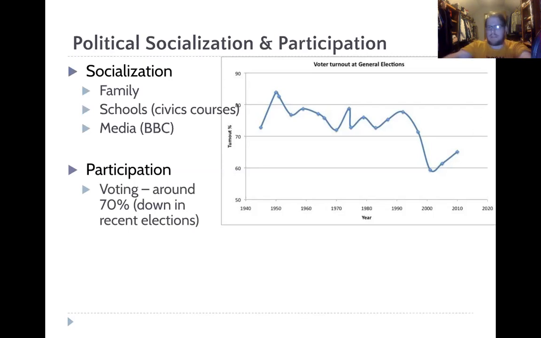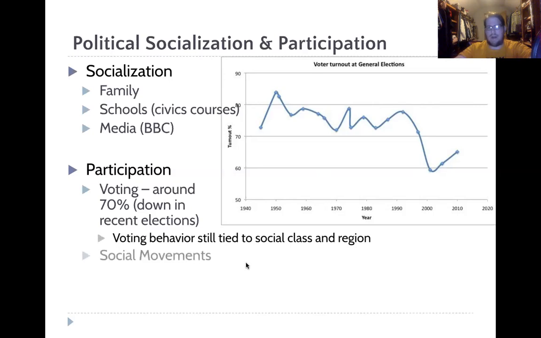between 60 and 70% turnout. It's down in recent elections compared to the 40s through the 90s, and there are a lot of reasons why you've seen a downtrend in some of those issues. Now, what will create an artificial peak in terms of public engagement is if you were to include in the extension of this chart, even though it says general elections, things like the Brexit referendum, where you would see a spike in turnout.